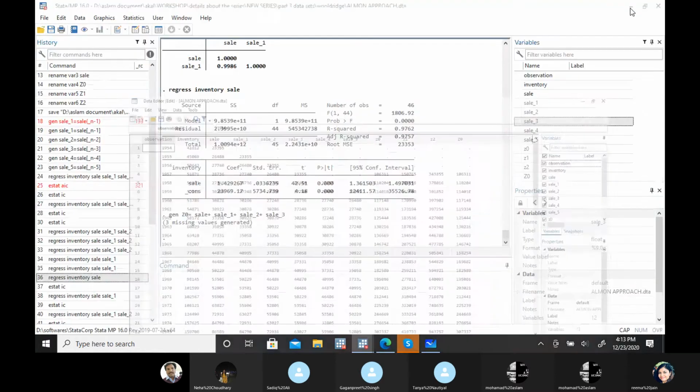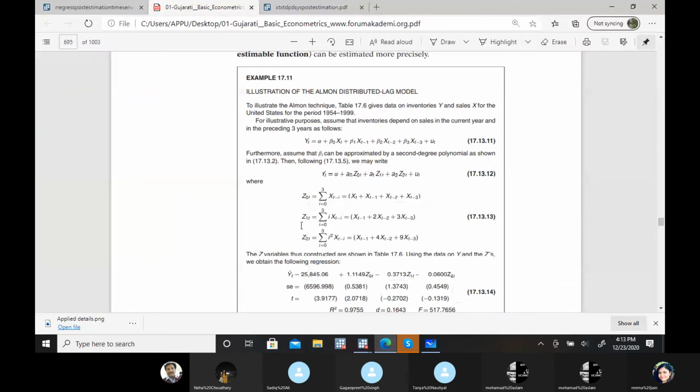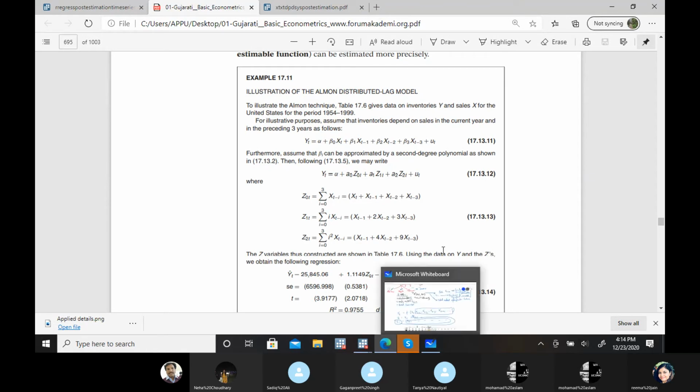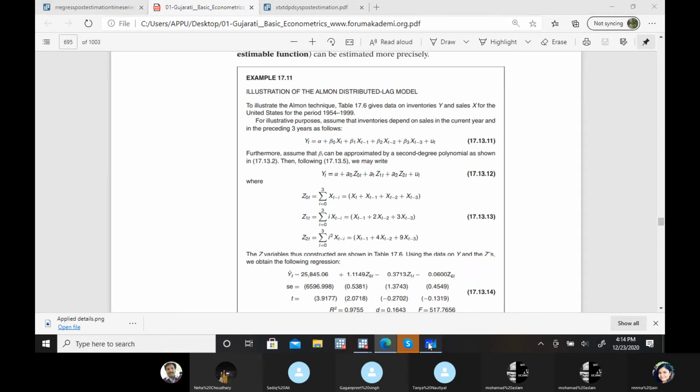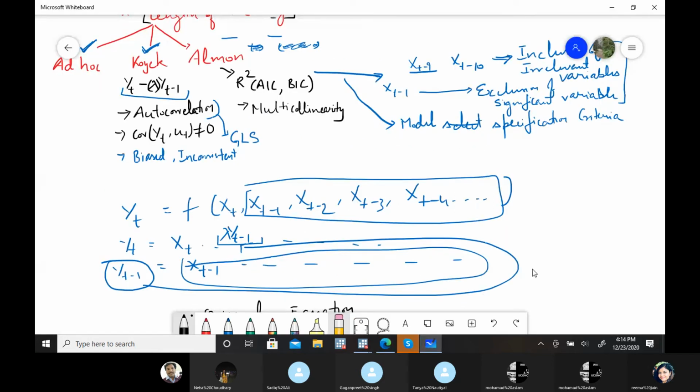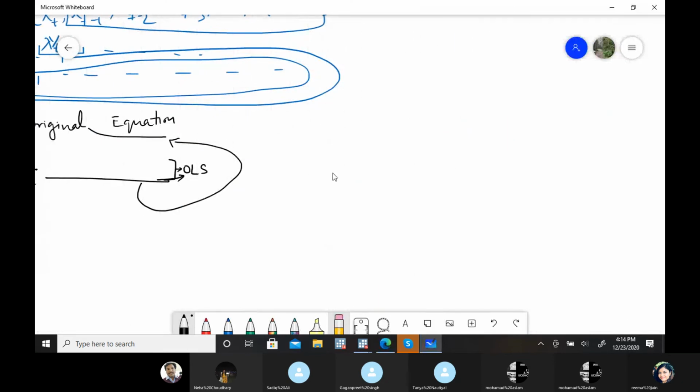This is Z0. Then next is Z1. Now in Z1, the I coefficient value we have to put. So first, what is the I value? Z1 is the summation, I equal to 0 to k, the lag length, of xt minus I into the I coefficient.